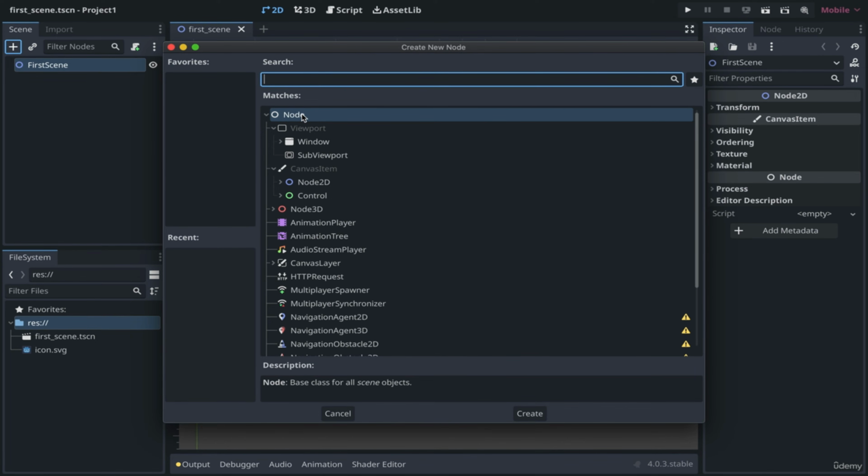So if you just place your cursor on the node, it will show you the explanation of what this node actually does. For example, this one, Windows. So I'm just gonna place my cursor on Windows. Okay, so it's the base class for all Windows, all right? And next one here, sub viewport. If you want to create a sub view into the screen,